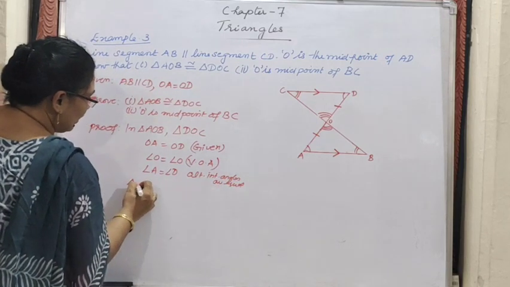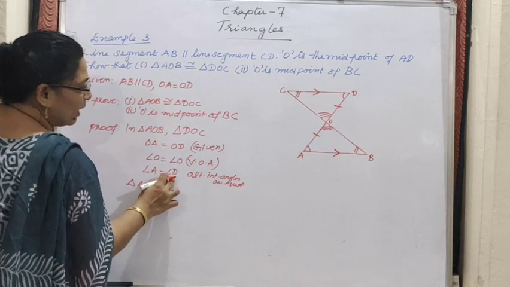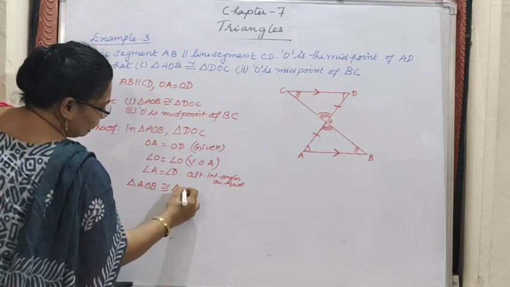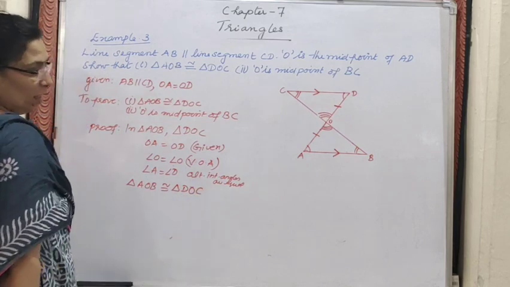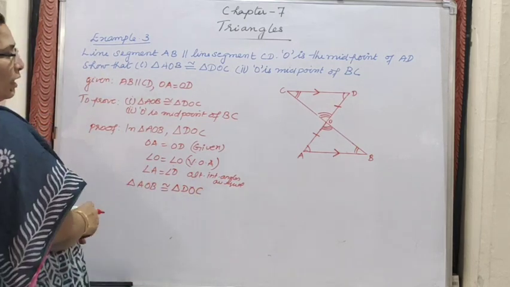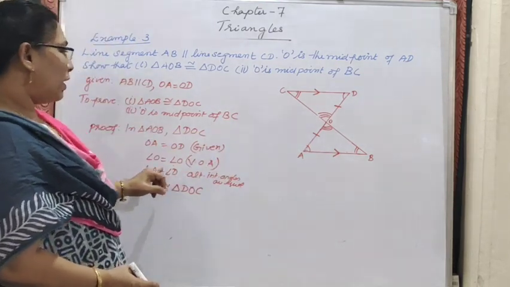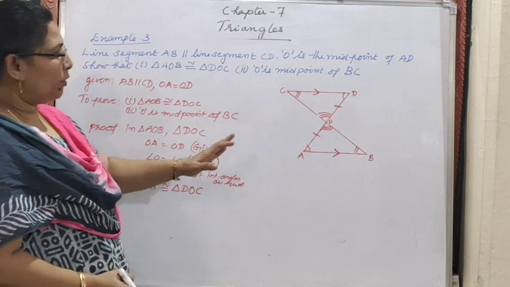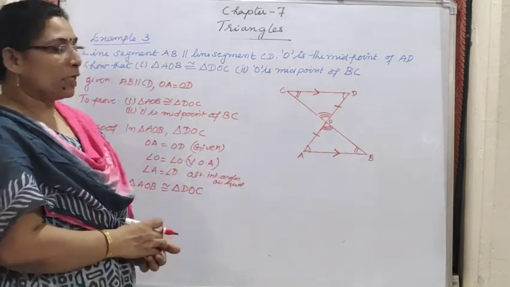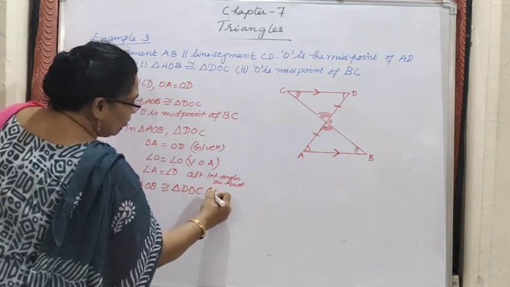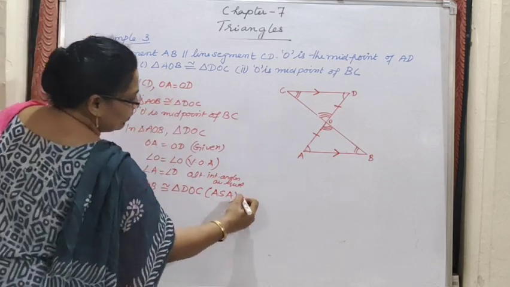So if that is the criteria, triangle AOB is congruent to, for A which is the letter to be used, D. For O only, and the last letter is C. So the criteria is, listen here, what is the criteria? OA is the side we have used, and angles O and A we have used. That means OA is a side on which angles? O and A. So that means included side. The criteria will be ASA. So proved first part.